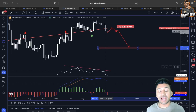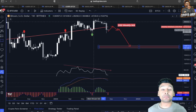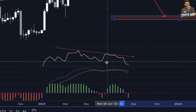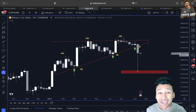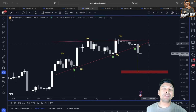Even if you look at this RSI, I have been very clear, in a weekly this is a bearish divergence. While the price is forming higher highs, RSI is forming lower highs. So this is another bearish divergence. MACD is also forming a bearish cross, T3CCI also in a negative territory. So this is exactly why the price could be heading towards the next area of confluence here to the downside, which is around 20,000, before choosing a